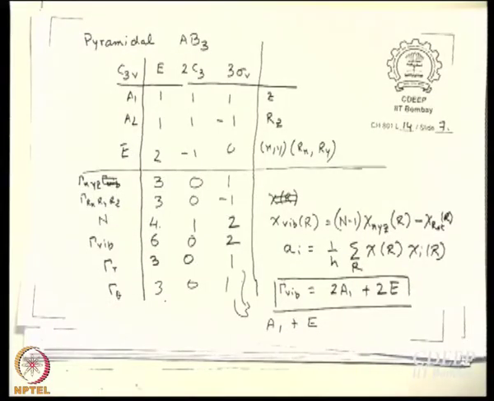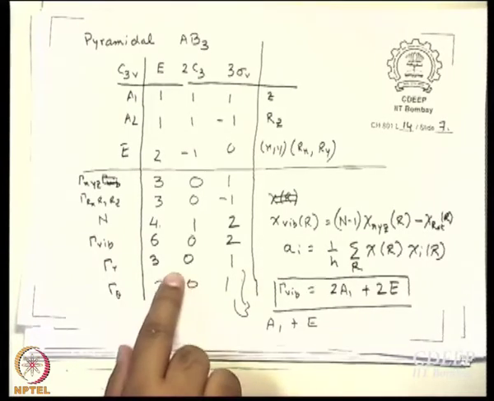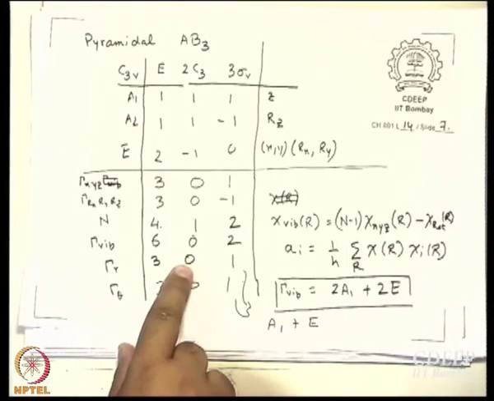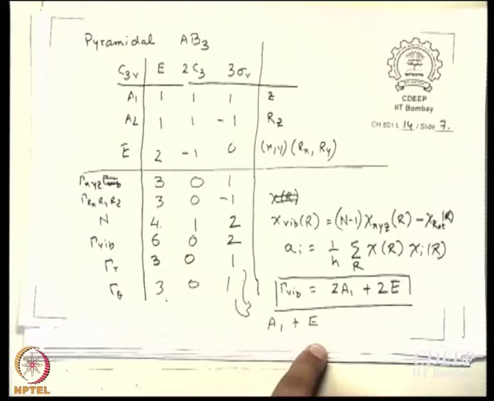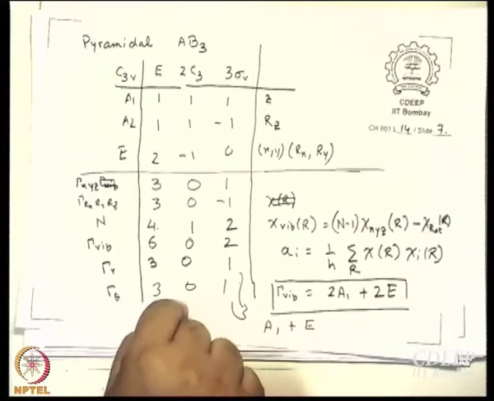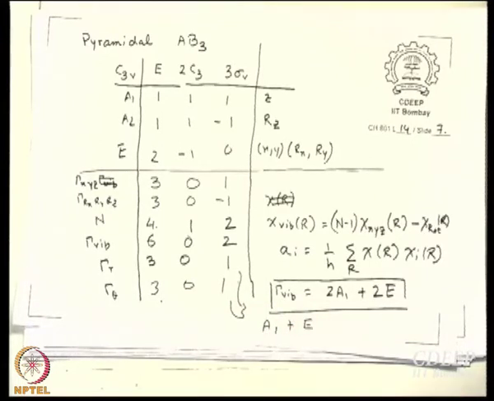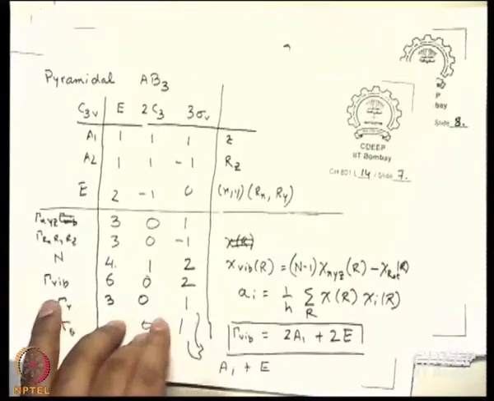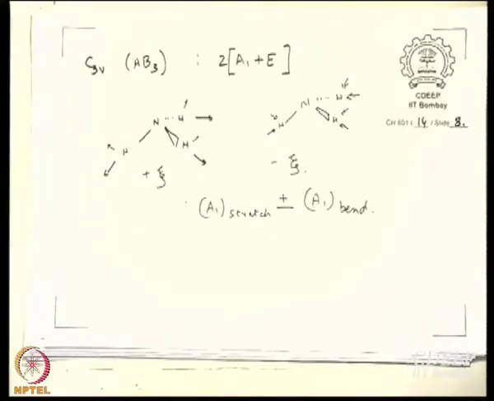Okay, what have we got? This is what we have got, right? And what I am saying is that when I break down the reducible representation which I constructed using only the stretch, I get A1 plus E. When I break down the reducible representation that I got from only the bends, then also I get A1 plus E, right. Now, E is always more complicated, because if there is mixing of too many things, I do not want to do that now. What I am saying is, can we identify what the A1 vibrations actually are, not stretch? If I say stretch, it becomes confusing. What are the A1 vibrational normal modes?